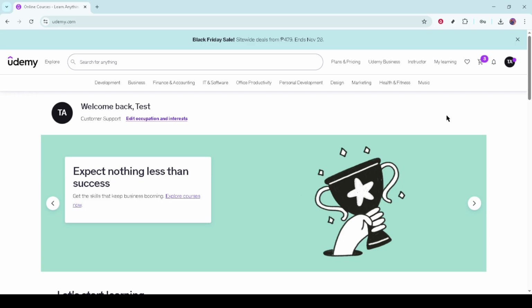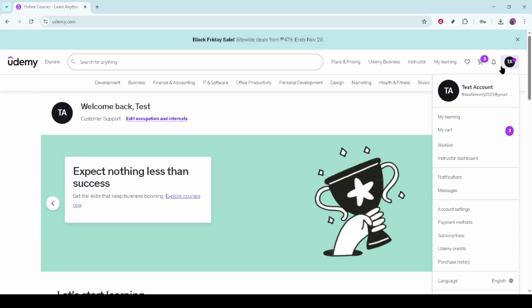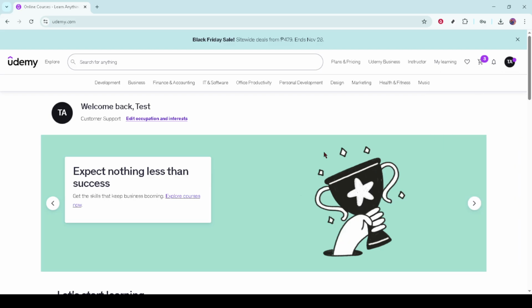First, we need to navigate this issue through the change of your Udemy account password. Changing your password is a straightforward way to force a logout across all your existing sessions, ensuring no unauthorized access.